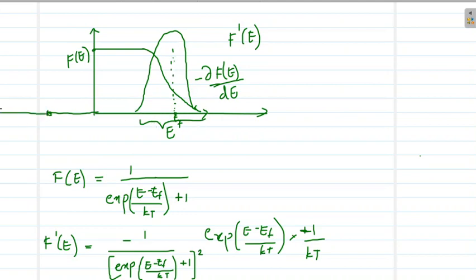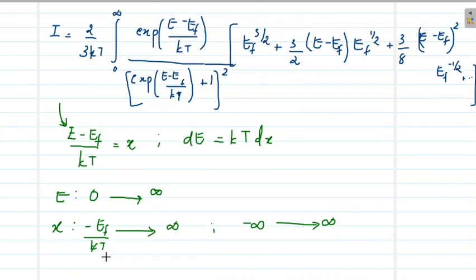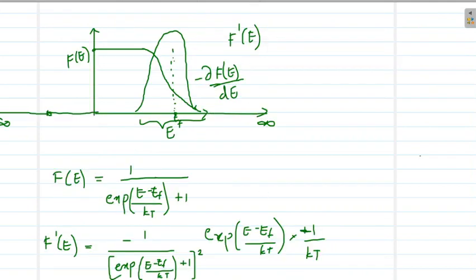And if this integration is extended from minus infinity to plus infinity, the final answer, which is the area under the curve, will not change. So instead of this limit minus ef by kt up to infinity, we will be choosing the limit minus infinity up to infinity. So finally, let me write I equal to 2 by 3 kt